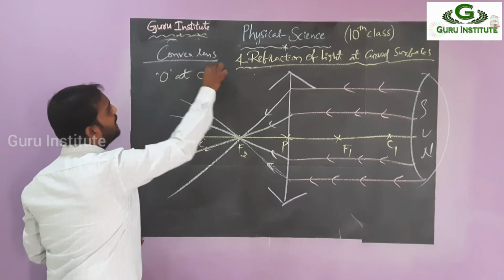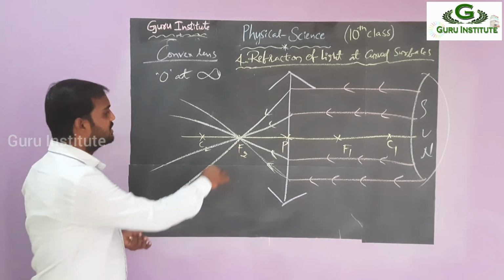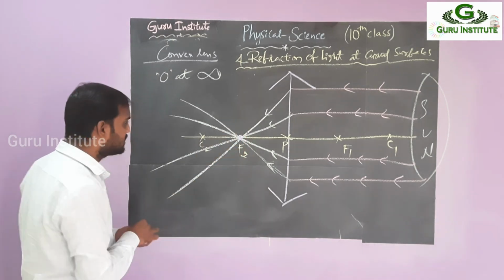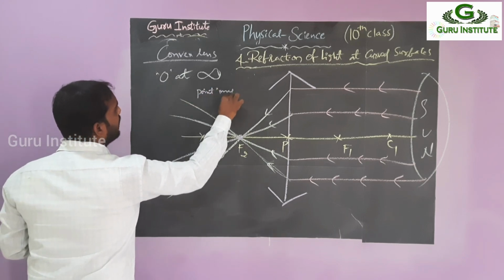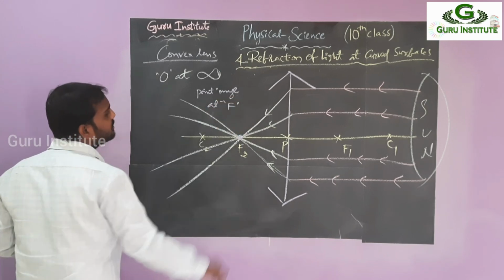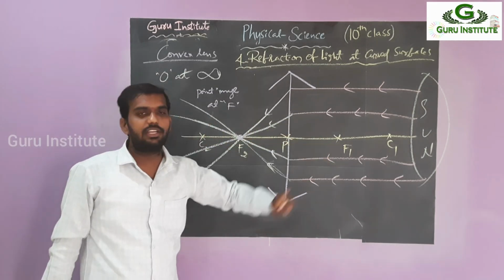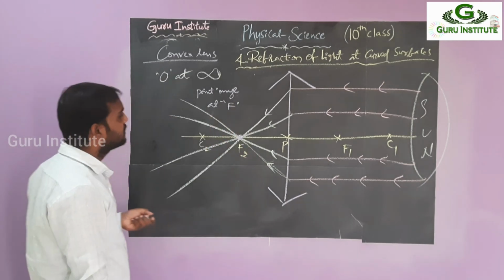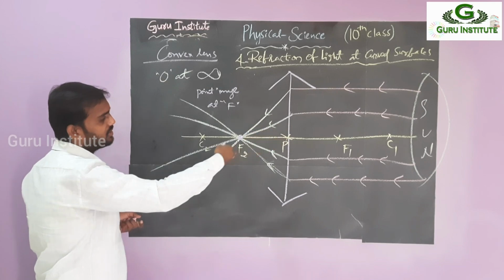Object is at infinity, that means the sun. Then what is the nature of the image formed here? It is a point image. As with mirrors, the pictures change but the nature should be the same. So it is a point image formed at focus. If you take the sun on this side, the image is formed at F2. If you take the sun on the other side, it is formed at F1. If you want to write F1, F2, it is your wish, otherwise you can simply write F. It's enough. I am taking the F1 side, so that's why the image is formed at F2.